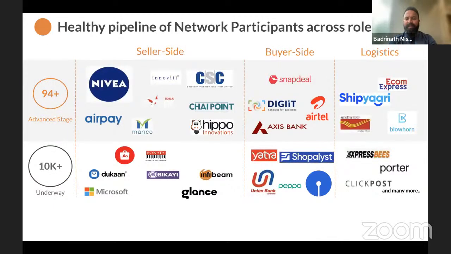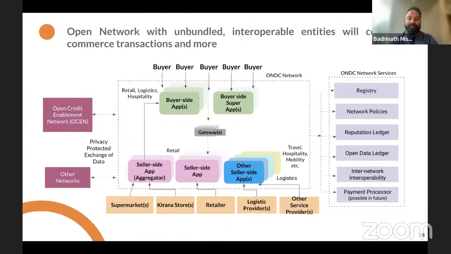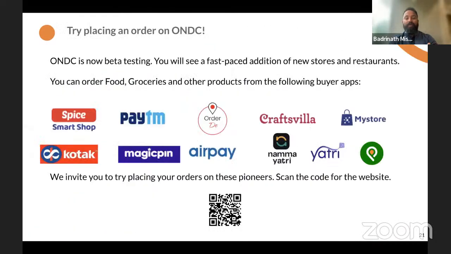Now, there are many popular names on the screen which are in the pipeline, at different stages of integration with ONDC. Now, I would request you to scan this QR code and try to place multiple orders from any of the buyer applications. These are all the buyer applications you see. Share feedback with ONDC, they would be very happy. You can also share feedback with GlobalLinker and we'll come to know about it.